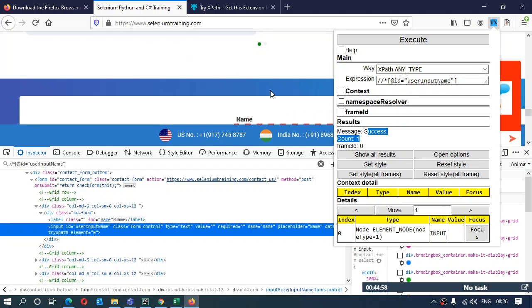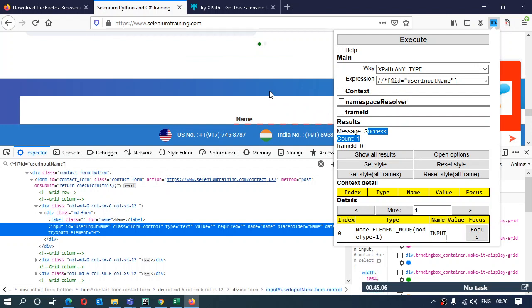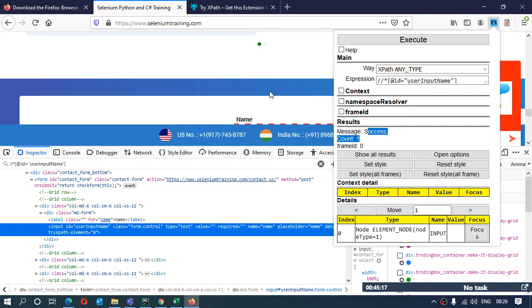So currently only one element is coming up, count is 1, and it shows me where my element is lying. This is the use of this tool, Try XPath.